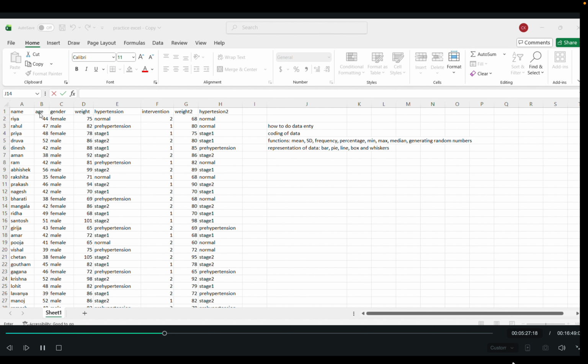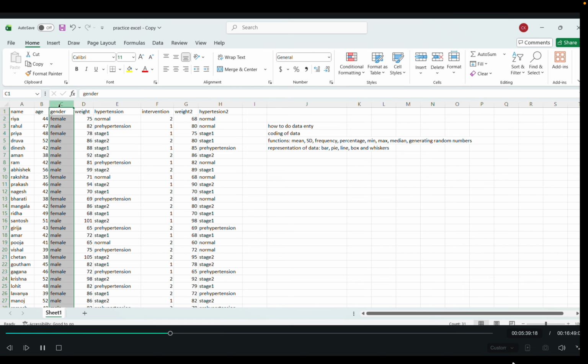First variable is age, as it is already in the quantitative scale. So we are not doing anything with this. Next, moving on to the gender, we have male and female. This is in the nominal scale. So I can give either male as 1 or female as 1, or male as 2 or female as 2. So how to code this?